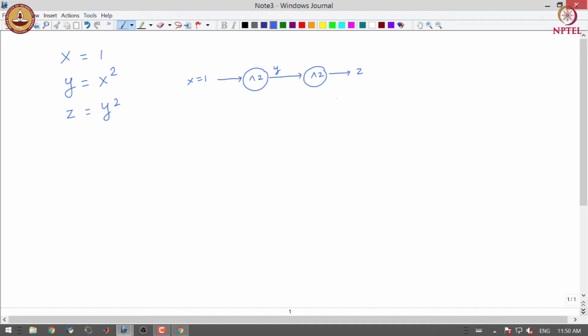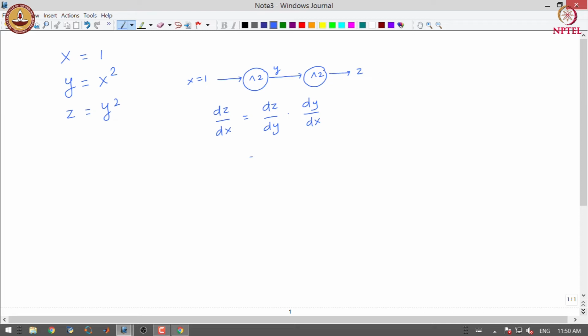This is a forward computation, and we can calculate the derivative of the recorded computation with respect to the input variable with reverse mode differentiation. In this case, dz/dx is equal to dz/dy times dy/dx by the chain rule.